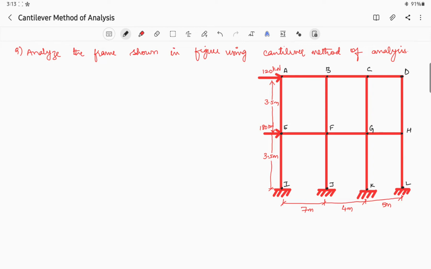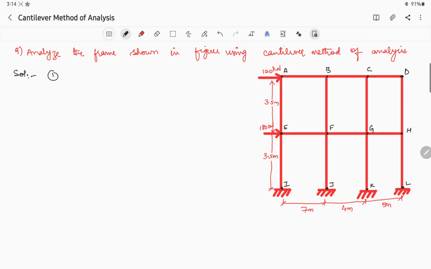And the distance between AB is 7 meters and distance between BC is 4 meters and distance between CD is 5 meters. Okay, so EF and FG and GH respectively, along with that IJ, JK and KL, the distance between them is 7 meters, 4 meters and 5 meters respectively. Alright, so now the very first step in the calculation of cantilever method is,